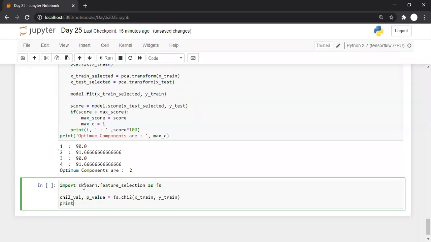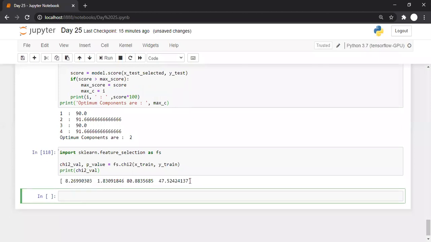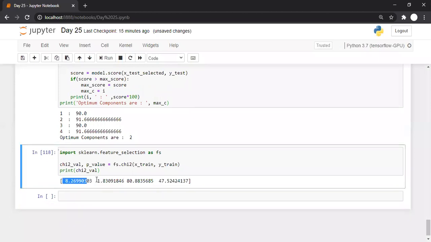Now if I print these chi-square values and p values, this is what we will get. These are the chi-square values for our four components: the first column, second column, third column, and fourth column.